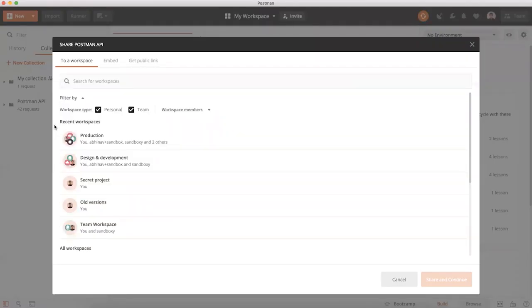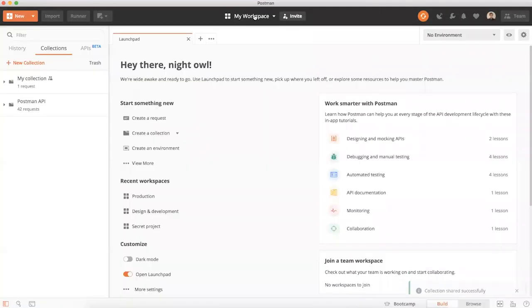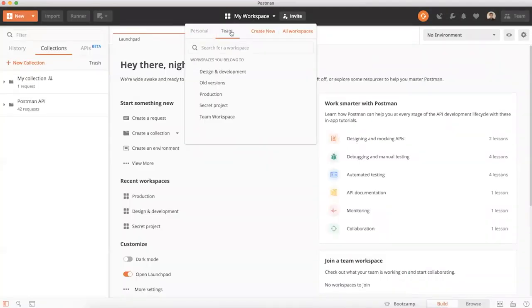This loads up a dialog which allows me to select exactly which workspace I'd like to move that collection to. So if I want to share that into the production workspace that I was already working with, I can simply click on that and press share. And that will move me over to a page which allows me to manage the exact roles on that collection. We're going to jump into roles and permissions in just a few minutes, so I'm not going to touch this just now. So if I close this dialog box, and then navigate back to that team workspace, which is production,